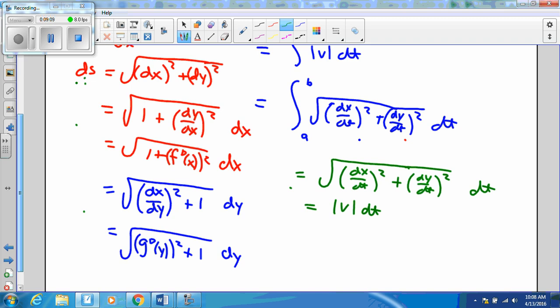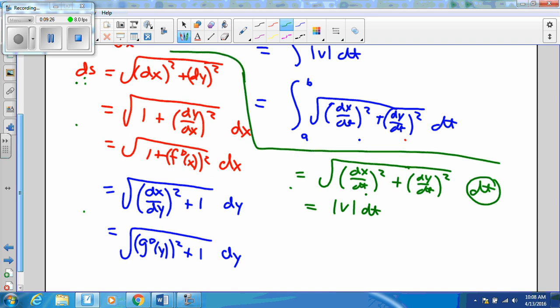The green one is ds expressed in terms of the variable t here for a parametrically defined curve. And that's on the same as Say again? I'm just confused with the folder. Oh, this is unrelated. It's related, but it's